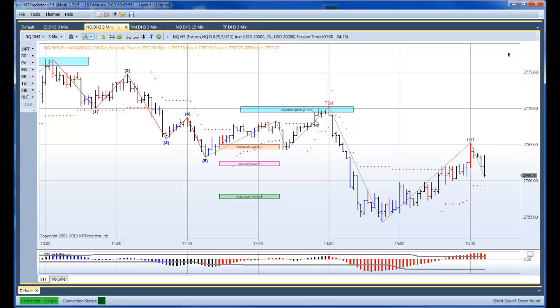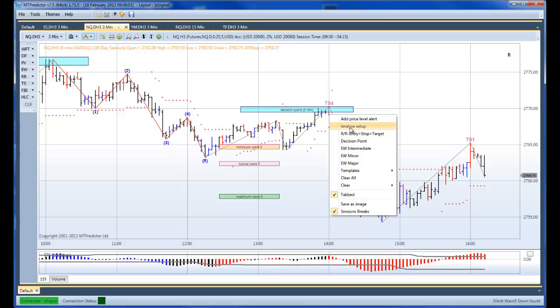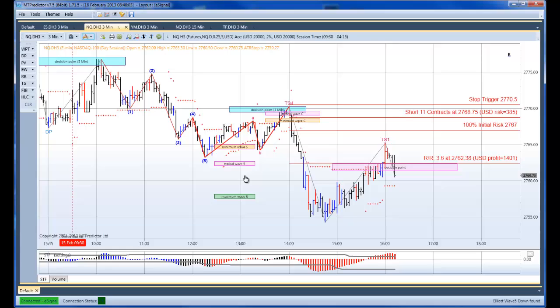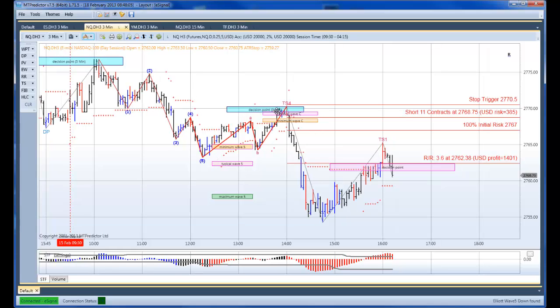So as the market rallied up into this particular level, you can see it unfolded as an ABC pattern. That's confirmed by, if I place the analysis on the trade setup, you can see that that's an ABC. ABC is a corrective pattern, so when that went into that decision point level, you could know that that was anticipating a high, and the NQ was then going to continue on down, and that's exactly what unfolded there. So that was a really nice TS4 sell setup because you were prepared in advance for that level where that